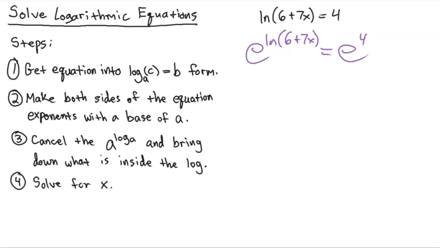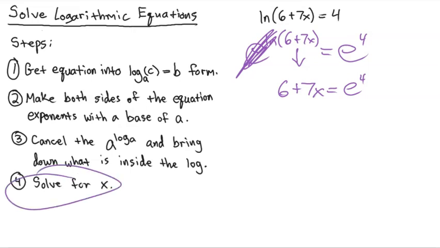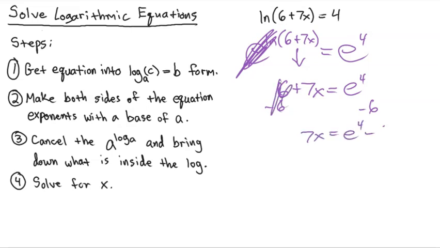So now the expressions on either side of the equal sign are exponents with a base of e. Then we're going to cancel the a to the power of log base a. In this case, that's e to the power of natural log, because natural log is log base e. So we cancel it and bring down what's inside the logarithm. So 6 plus 7x is equal to e to the 4th power. Now we're just going to solve for x. Subtract 6 from both sides. We have 7x is equal to e to the 4th power minus 6. Divide by 7 on both sides. And we have x is equal to e to the 4th power minus 6, over 7,